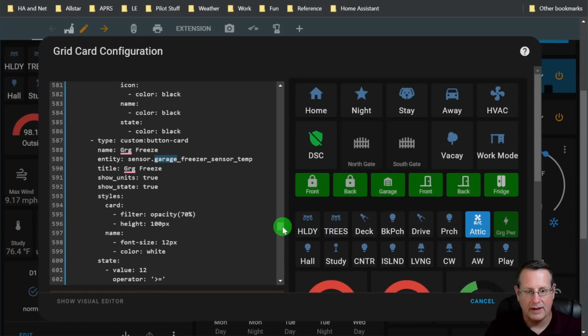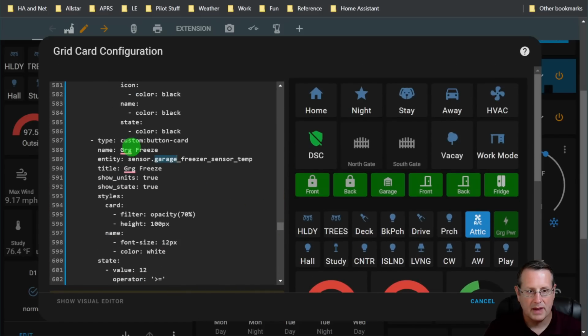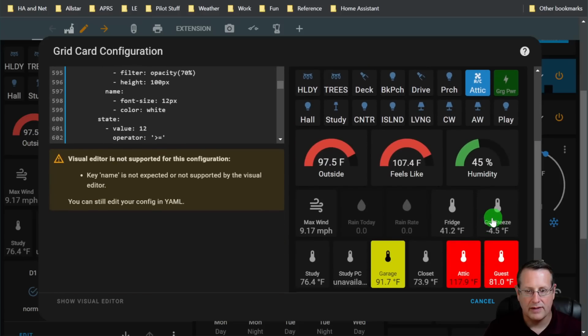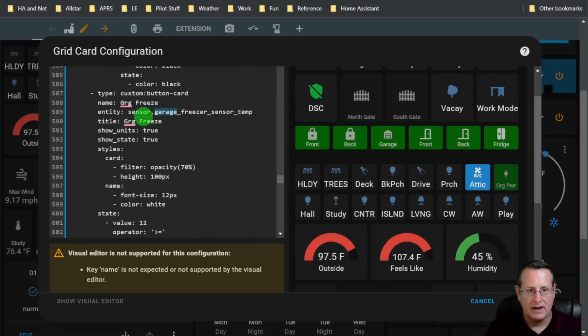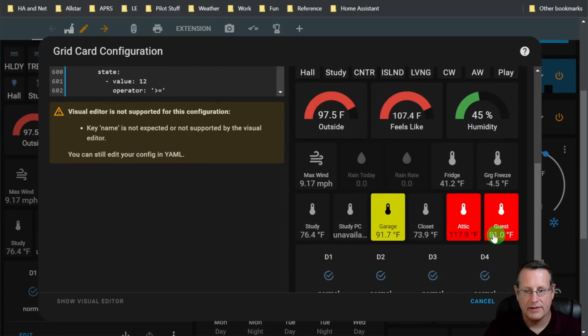It's going to be hard to kind of see this. We'll go back and forth, but it's this garage freezer right here. And I call it GRG freeze. And you can see because I want it to fit on this button card here, you may have to make some adjustments to the titles to make it fit. It's using the sensor, garage freezer sensor temperature. Again, the title is garage freezer. Show units is true. And the show units is this right here, this